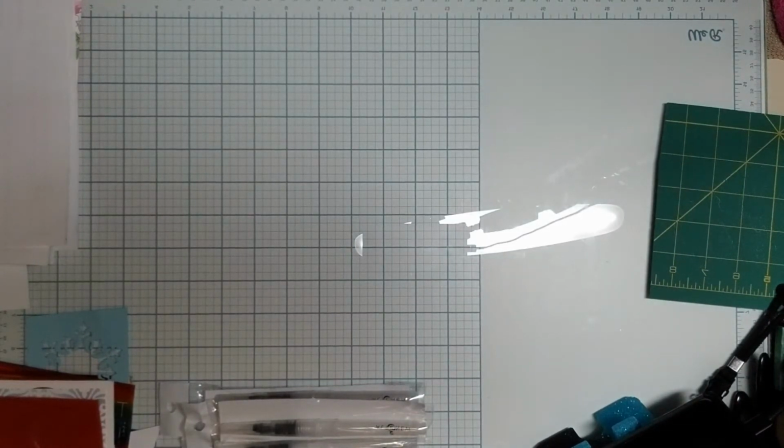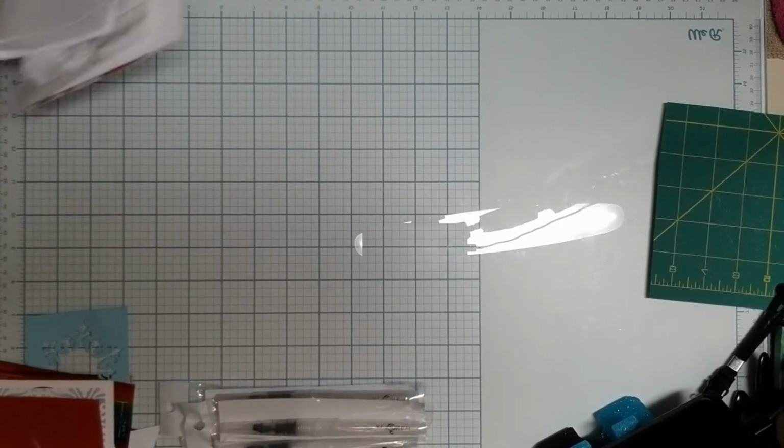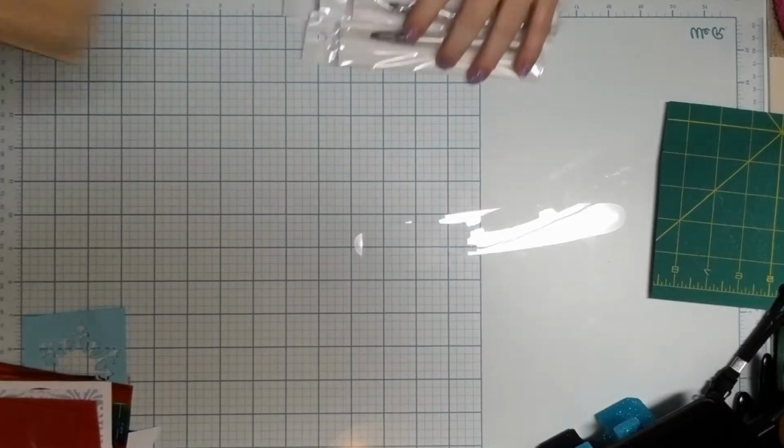This other box is much larger. Let me get some of this out of the way. And this is from Cricut. And this is my first ever mystery box, and I forgot to open it before I brought it up. Let's see. Yeah, I just have to use my scissors. So it's got a cutie in it. It's my first ever cutie and my first ever mystery box, and I have to tell you, it wasn't a mystery to me. I knew what was in it because